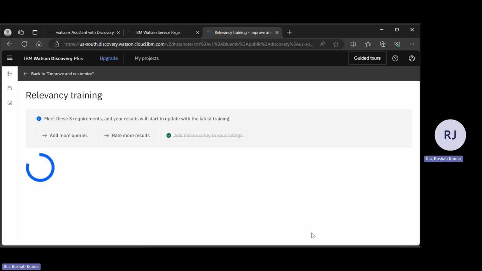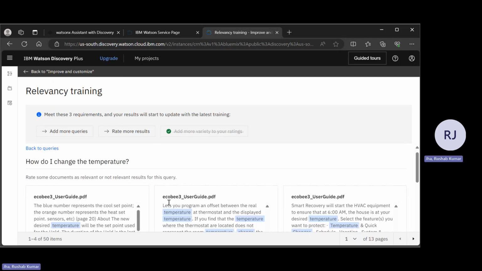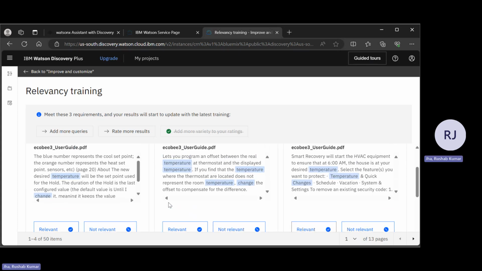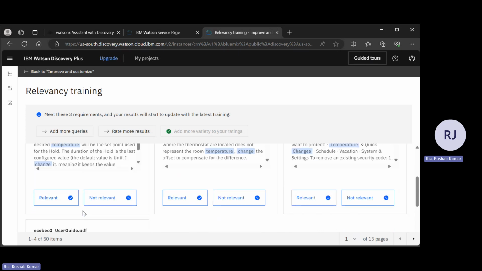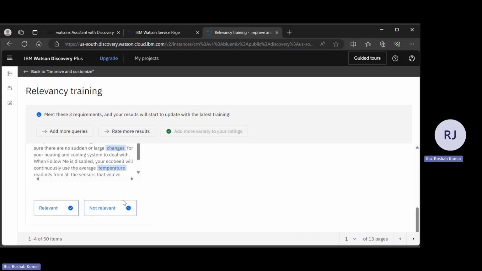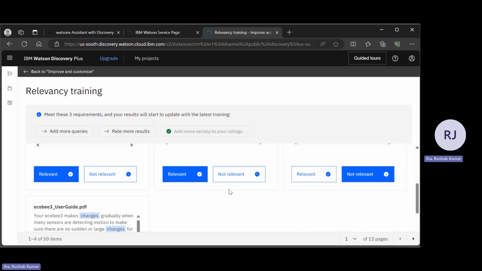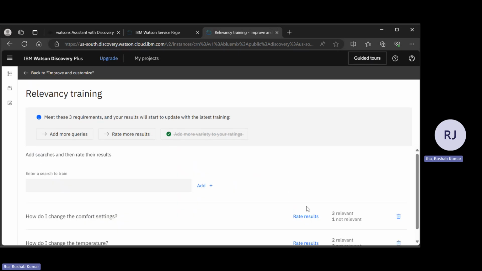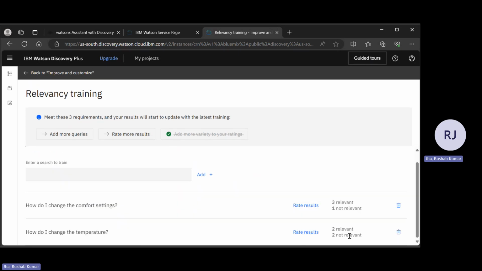I want to rate the results that I had asked previously. So it gives me different answers or responses. Now, as per the responses that I can see on the screen, I can rate them as relevant or non-relevant. Let's say I mark this as relevant, then this part as relevant, this one as non-relevant, and this one as non-relevant as well. So basically, I have defined these different queries. I can go back and you can see that there were four results that were shown to me before, out of which I had defined two as relevant and two as non-relevant.